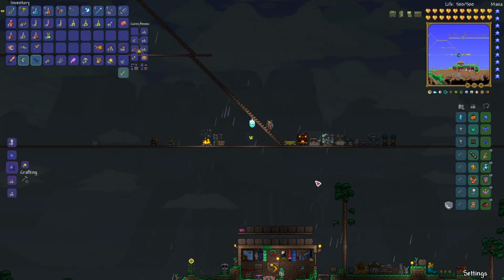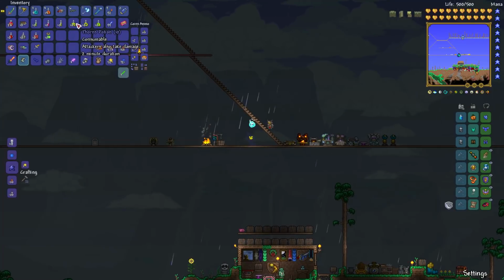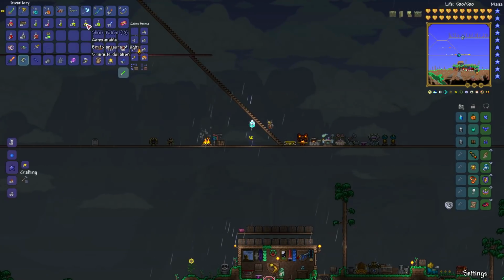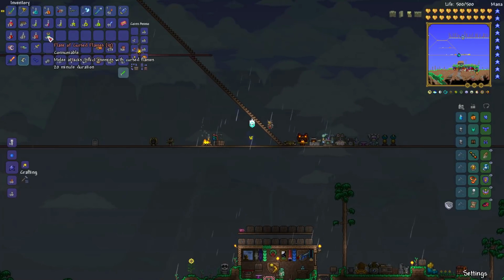You're going to need, of course, some powerful weapons. I've got tons of buff potions. I've got some food, any type of food to give you the well-fed buff. Swiftness potion, regeneration, iron skin, thorns if you're in a corruption world like I am, or the crimson equivalent. These are just to help you see what I'm doing. Your fish-based potions, so your life force potion, your endurance potion, your wrath potion. I do have my flask of cursed flames. That's not going to be that important, but